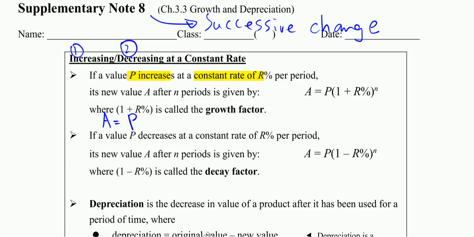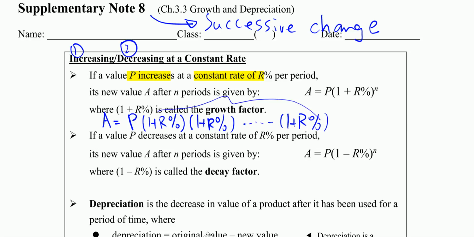This time we have an original value P, and for each period the value will increase by R%. So after some periods, for example n periods, you can get the results